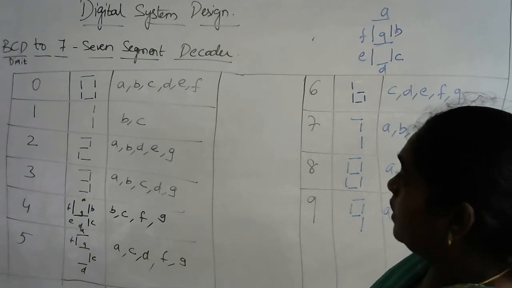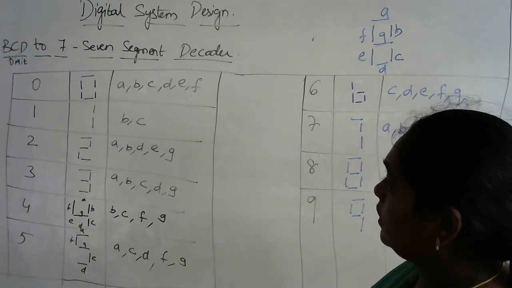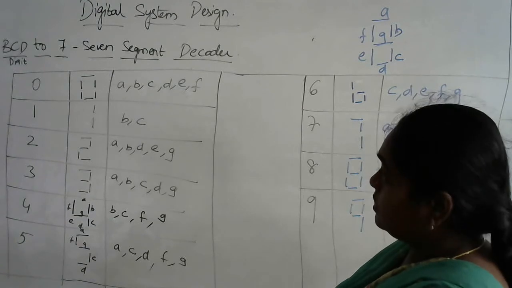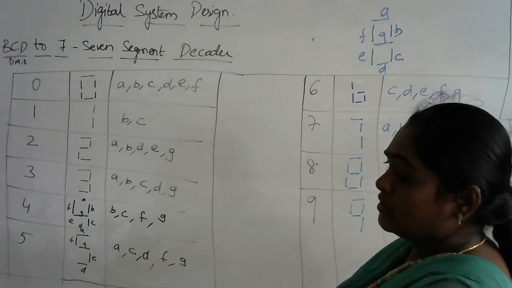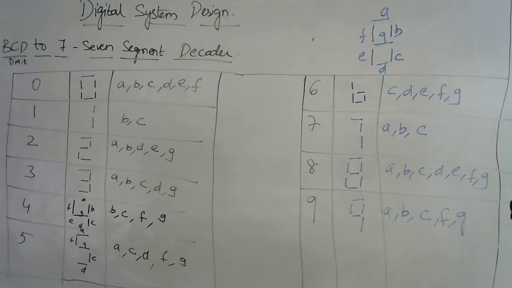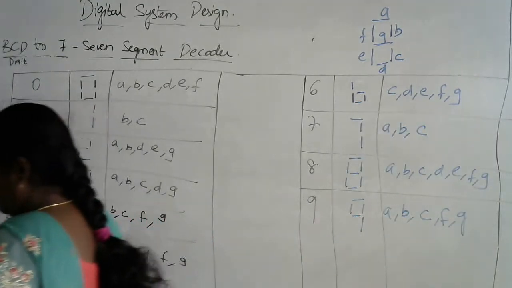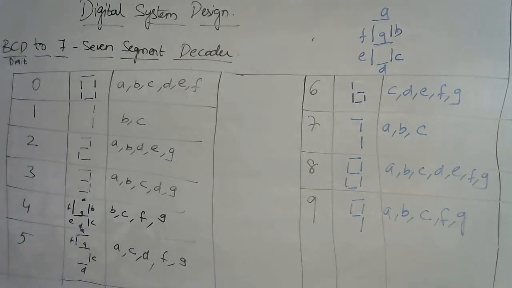Now, from here, we need to write down the truth table. So, we know that in the design of any combinational circuit, step 1 is we need to understand the problem statement. From the problem statement, we need to identify the type of the input, the type of the output, and we need to give some variables or symbols to the inputs as well as outputs. Then we need to write down a table which gives a relationship between input and output.